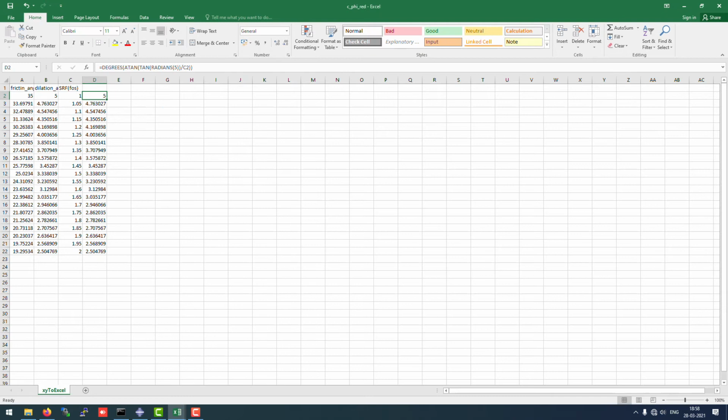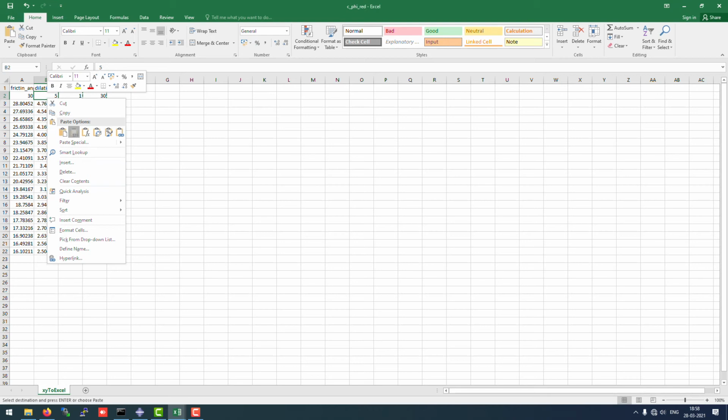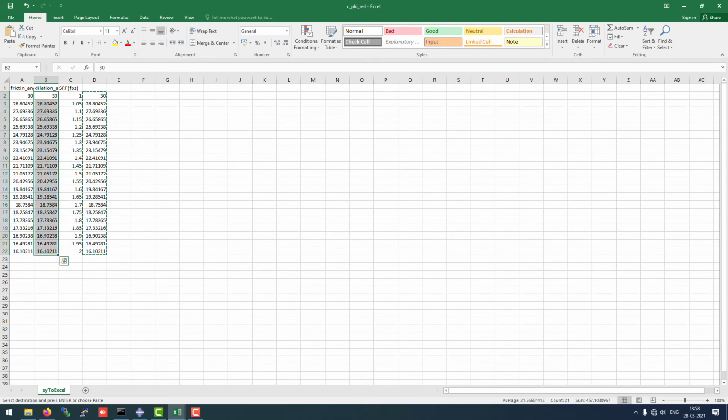I'm just going to use this value right here, which is given right here. I'm going to copy it. One more thing you can do is start with an angle of 30. I was going to use, let's say, 45, but that will be very high for soil, so I will go with 30. I will push down the rows because the 30 will be constant. Just copy it and paste the values here, and again here. So I'll use dilation angle and friction angle equal to 30.